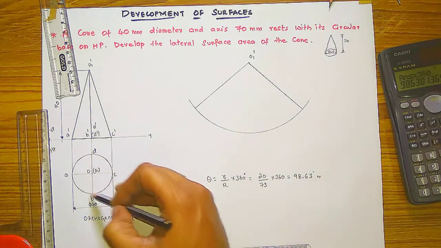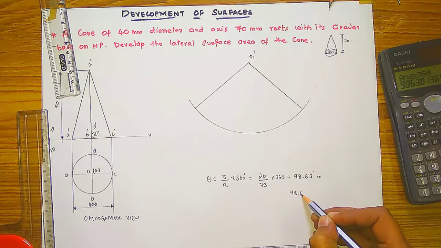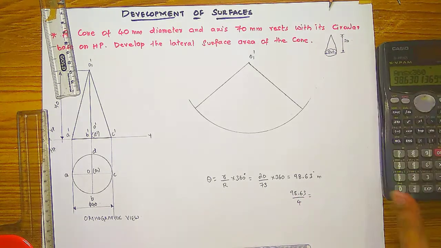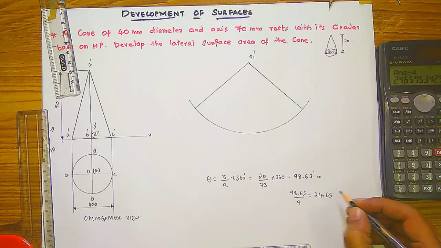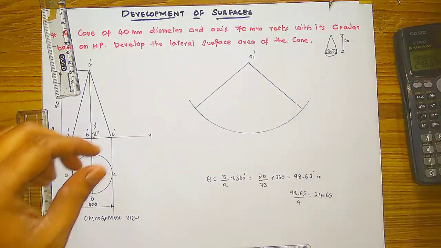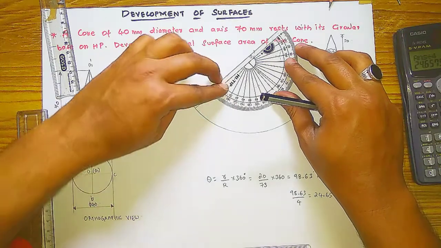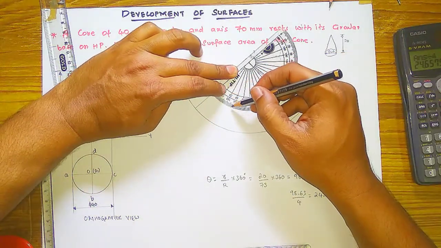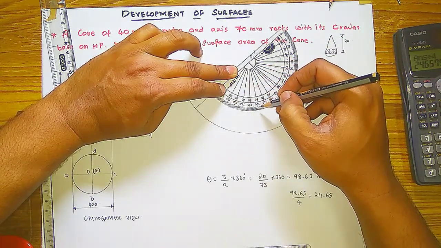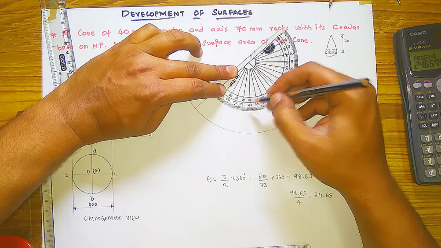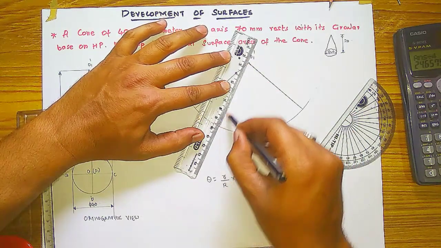Now you have divided this circle into 4 equal parts, so that's why you have to divide this angle into 4 equal parts. That will be 24.65 angle. So you have to take 24.65, keeping your protractor like this. 24.65 means 25 I am taking somewhat. Then by drawing one angle, that directly you can copy with the other edges, okay.